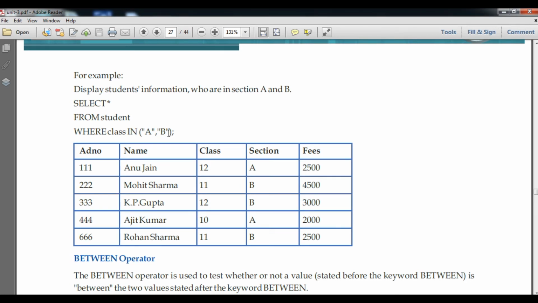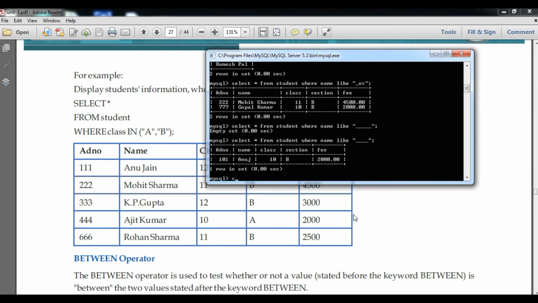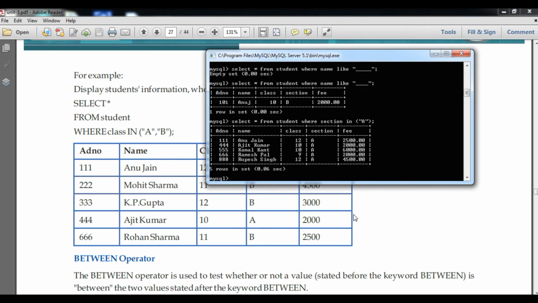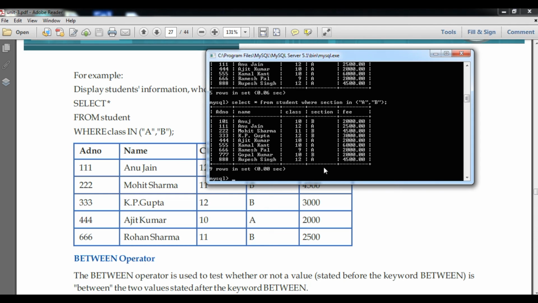Select star from student where section in, because I am asking section, not class, within double or single quotes, A. Only A will show here. If I provide B also, all students will come here. Now you can see A and B.